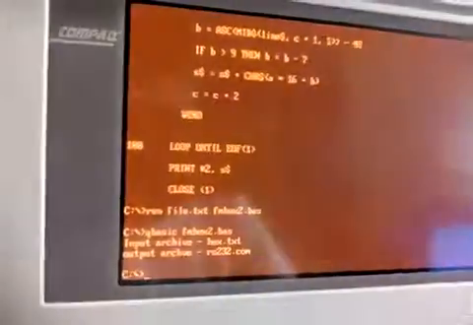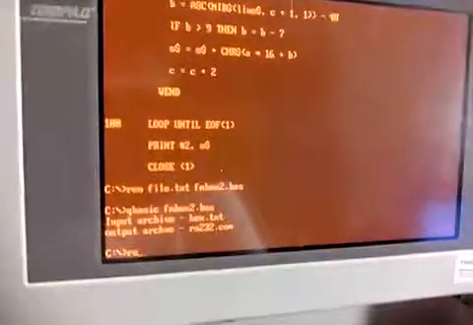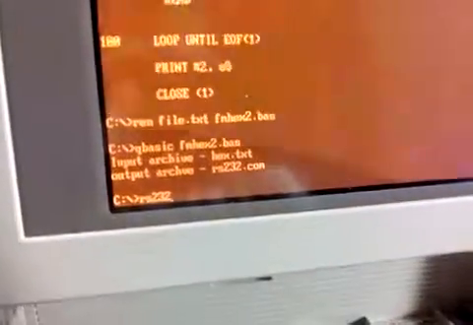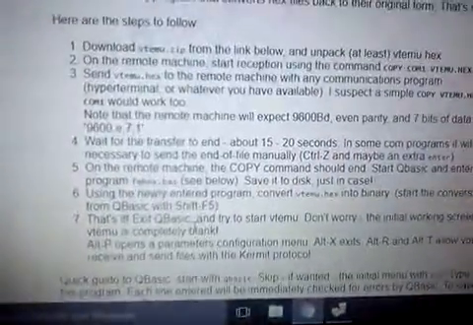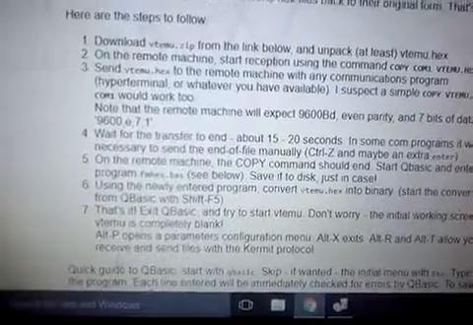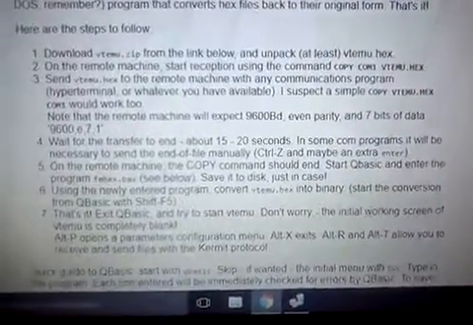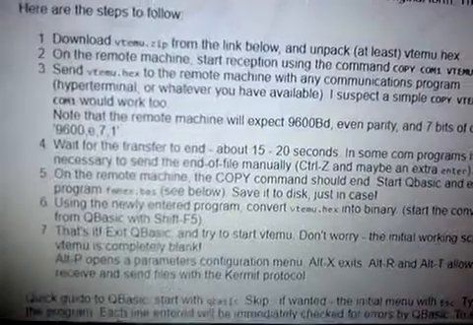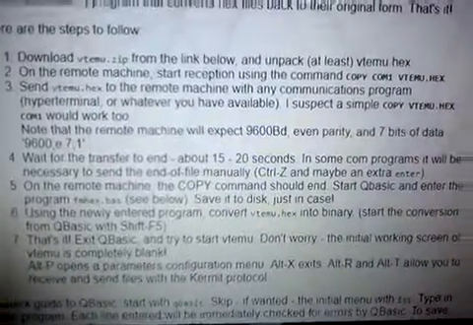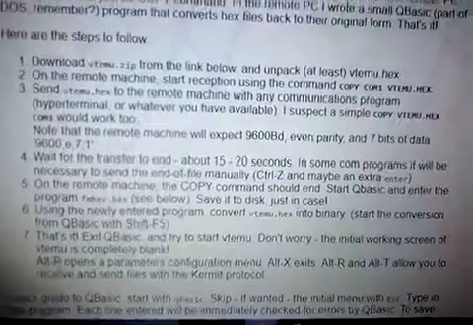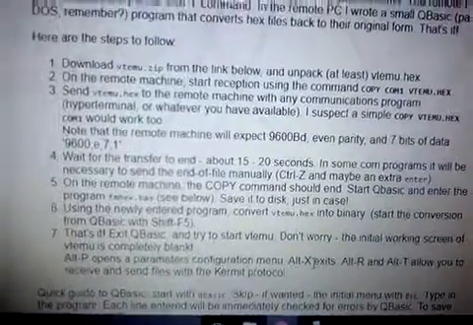Okay, now you've got RS-232. You can run it, and oh my god, nothing's showing up on the screen, but it says, don't worry. Execute basic and try to start Vimo. Don't worry, the initial working screen of Vimo is completely blank. Alt P opens a parameters configuration file, so it's normal to see that. Now press Alt P